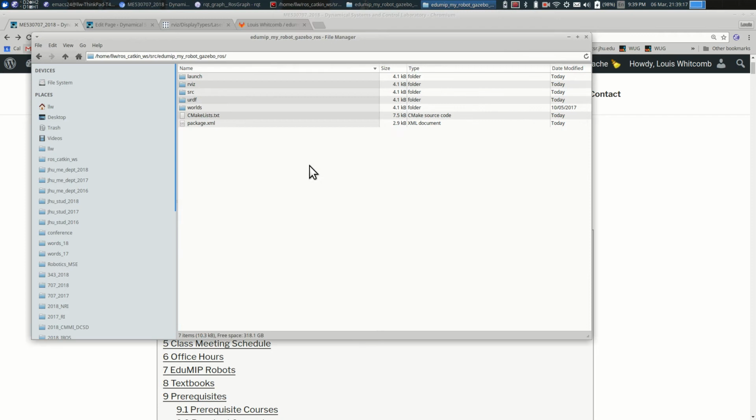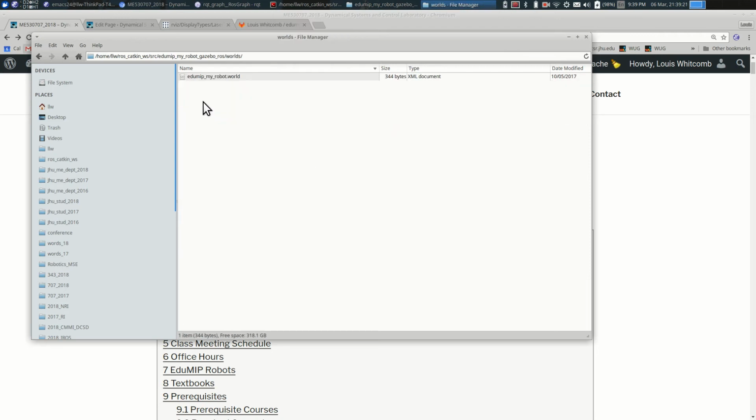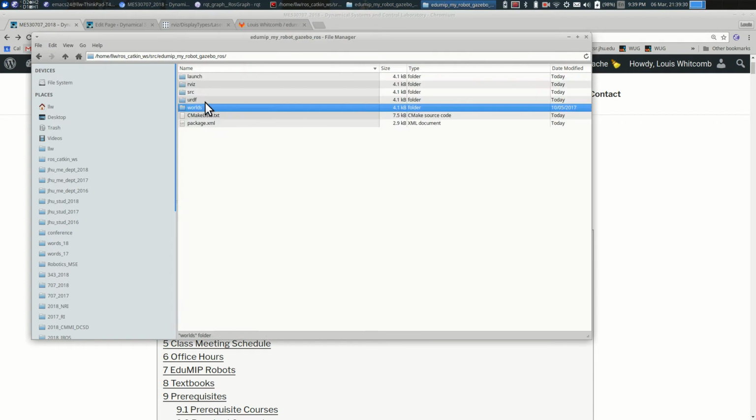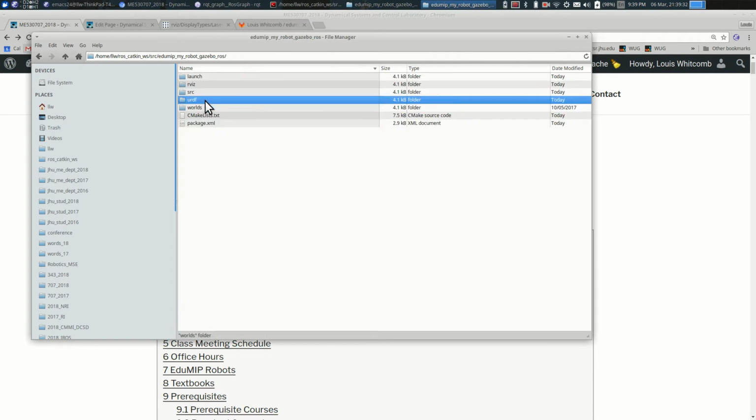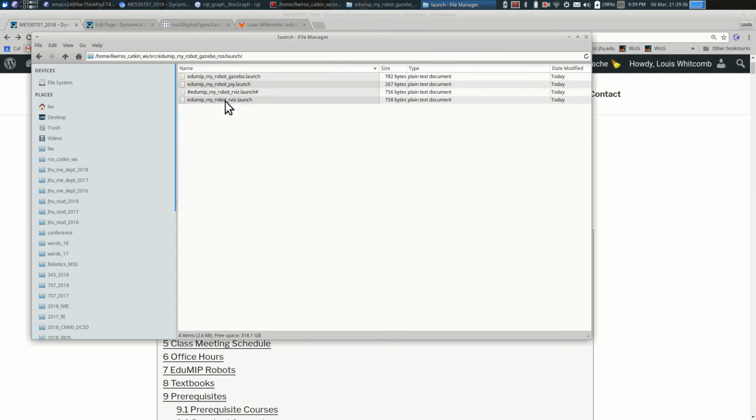This is the project that you did last week. I've got worlds and URDFs here, and so the worlds I can specify directly in my launch file. I can specify this world file in my launch file explicitly, and then I can also specify this URDF in the launch file. So in my Gazebo launch file, and I think most people are doing this,